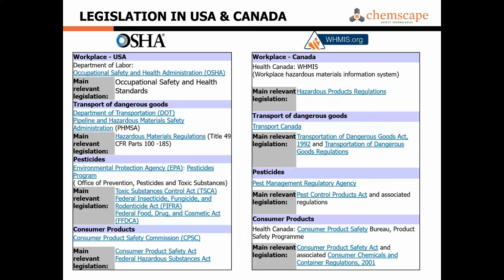Here are the different legislations. In Canada, we have WHMIS, but other countries call it different things. Health Canada governs us, and down in the States, it's OSHA. They call theirs the HAZCOM standard. Transport information comes from Transport Canada, and down there it's DOT. Pesticides are exempt on both sides of the border. They fall under the Pest Control Acts. And so these pesticides and herbicides, many agricultural products,